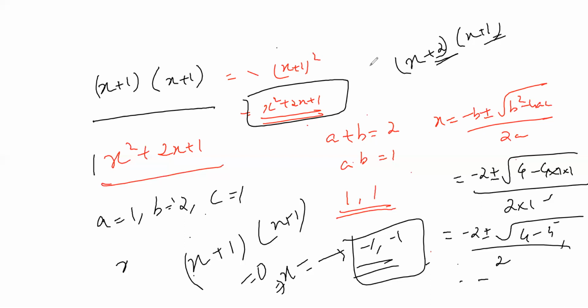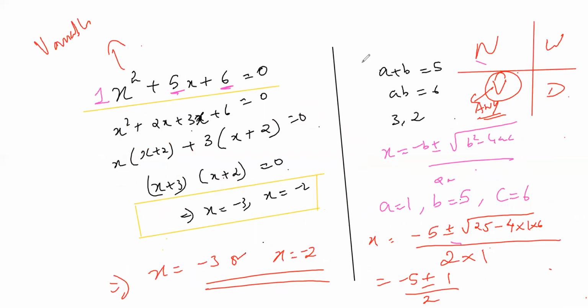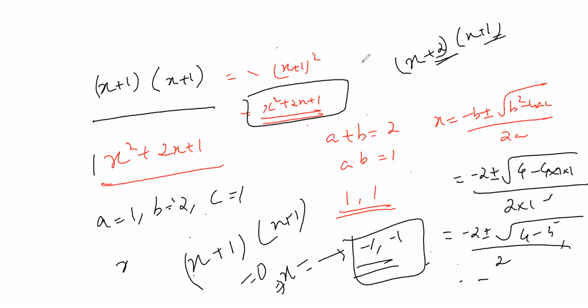So please make 2 questions and send me on my WhatsApp. Make 2 questions. Both the methods you have to do. Ordinary method as well as the last method. What is the last method? X is equal to minus b plus or minus root of b square minus 4ac by 2a, where b square minus 4ac is our discriminant. That's all. Yes, you should solve it. Like what I did on this page, same way you have to solve it. Yes, making questions means you have to solve it and send me the answer.